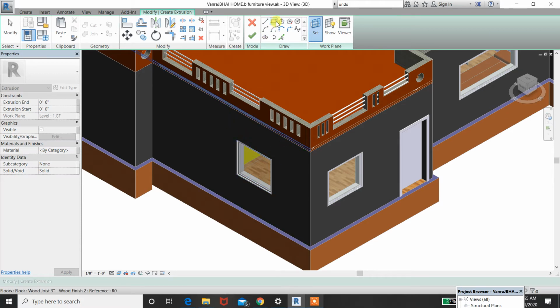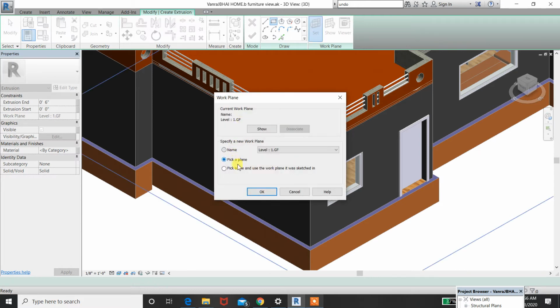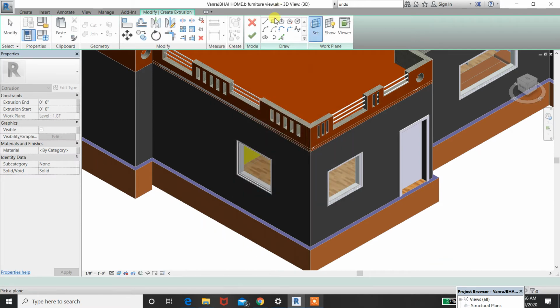Now select rectangular. You can select line, you can select circle, whatever you want to draw. Here I have to draw a rectangle, so I have selected rectangular. In rectangular, you make one boundary surrounding this rectangular surface.